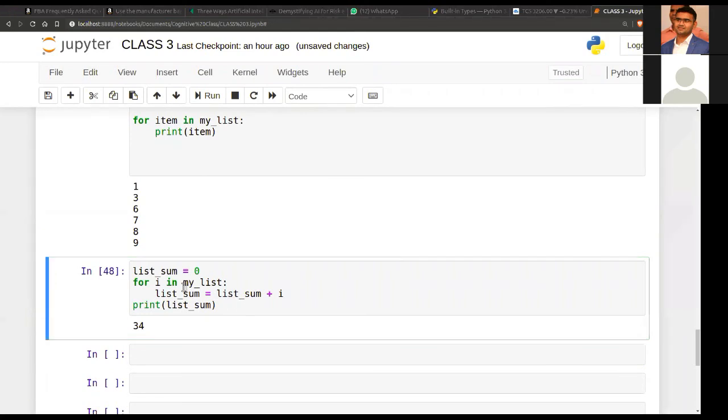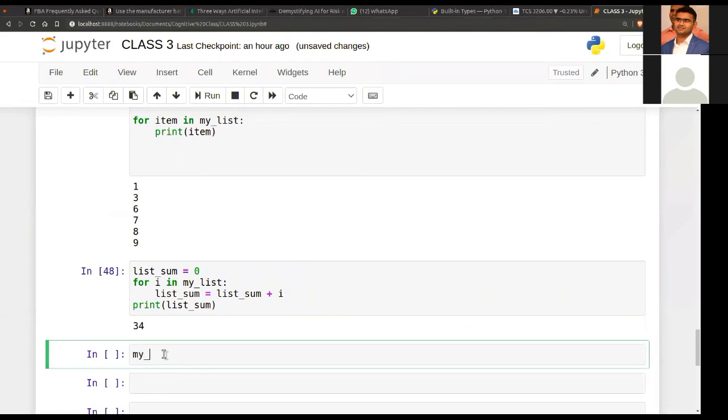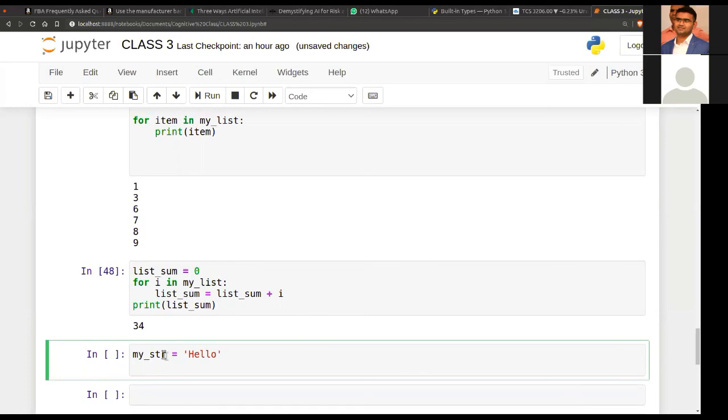So what we can do, suppose I create a string, my_string, equal to "hello". We can also iterate over it, as Rahul said, it is also iterable.